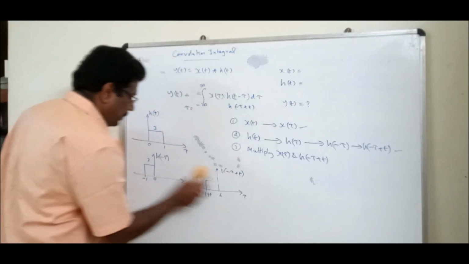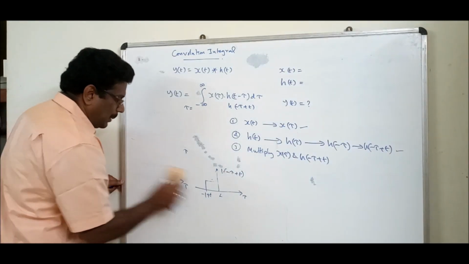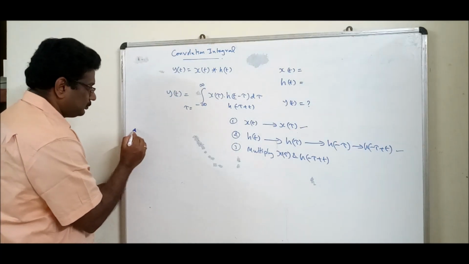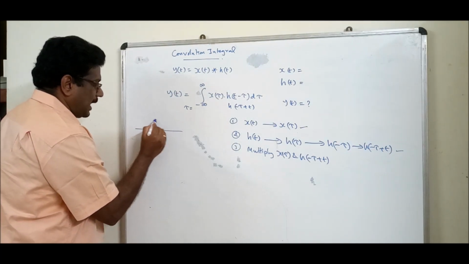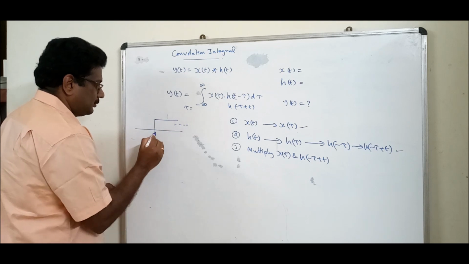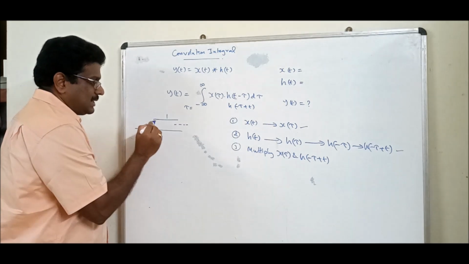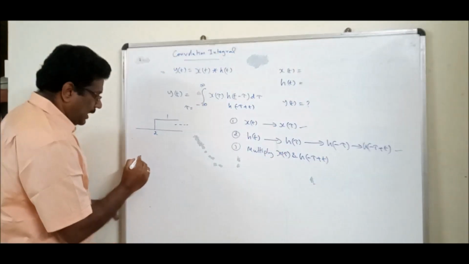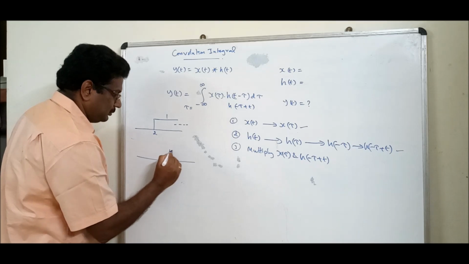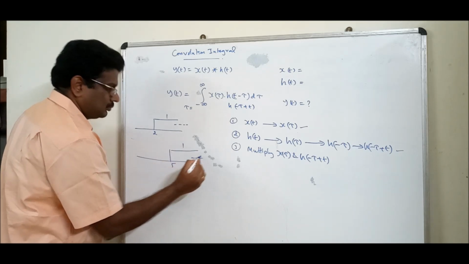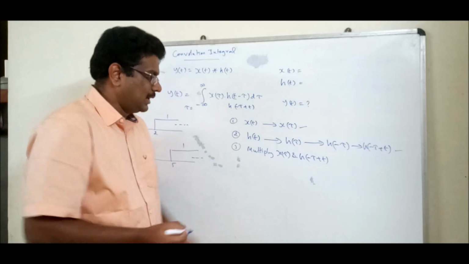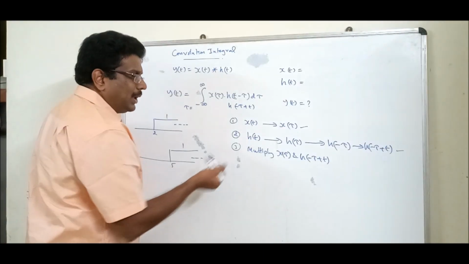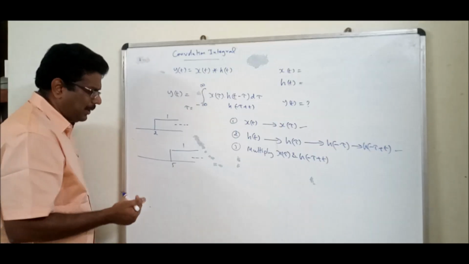Again, one simple example I will tell and I will do the multiplication operation. This is one of the critical points. Let us have a signal like this. Let us say this is the first signal, x of tau, let us assume. Let me have another signal like this. This is the second signal. This is the first signal, this is the second signal. What should I do? Multiply. Simply you can't say multiply. What is the multiplication result?